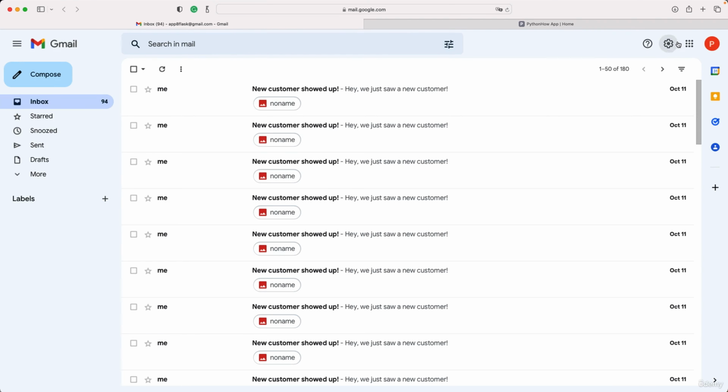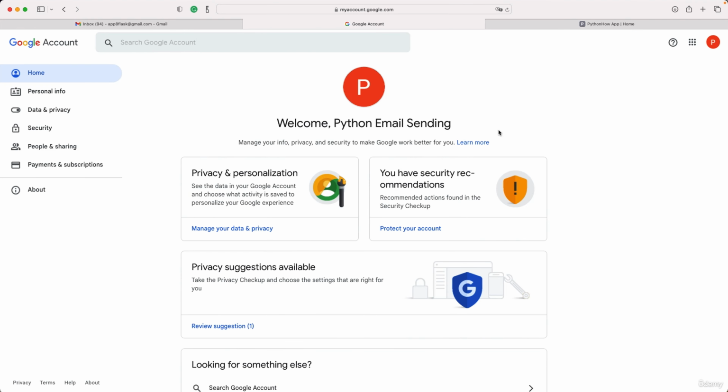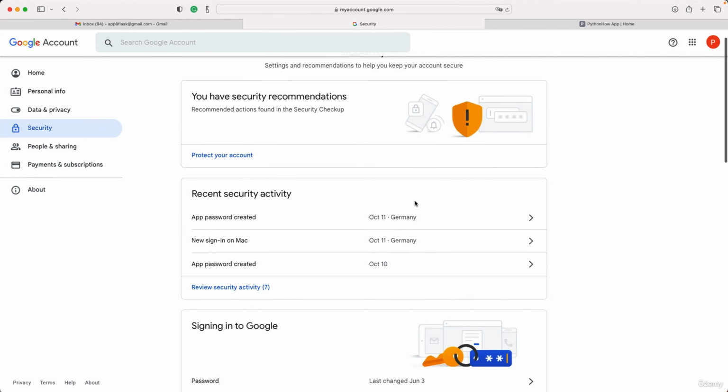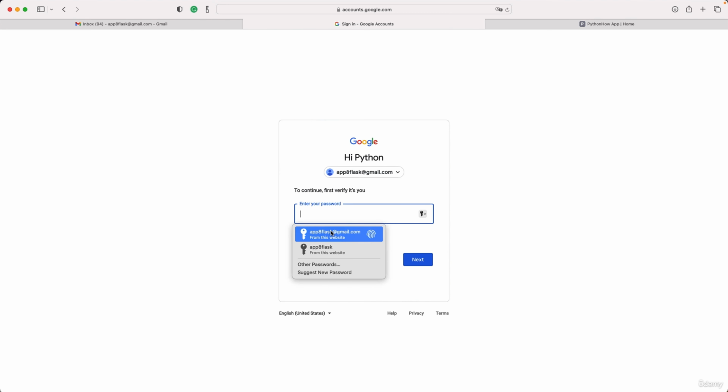So you should go to Gmail, go to this button, go to manage your Google account, and then go to security. Then you want to go down here to sign in to Google. You want to activate two-step verification first, and then go to this section after you activate two-step verification. Go to app passwords,